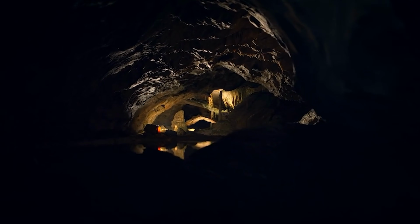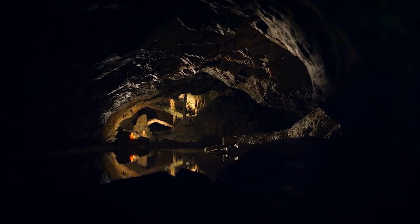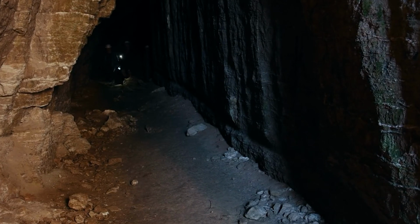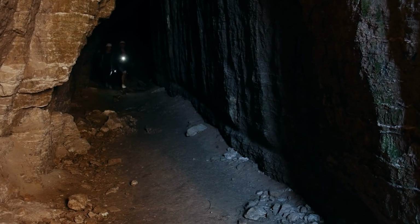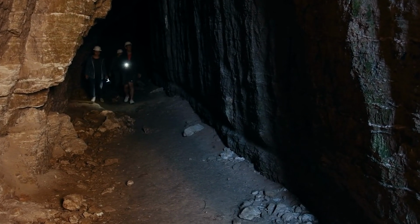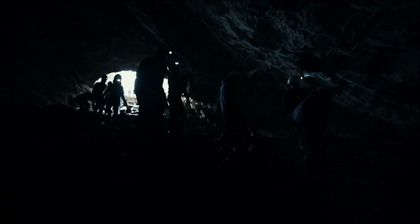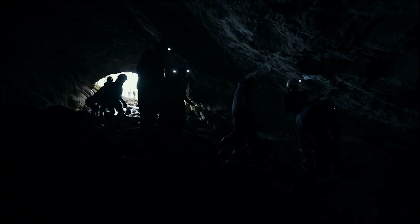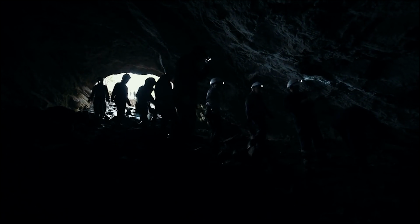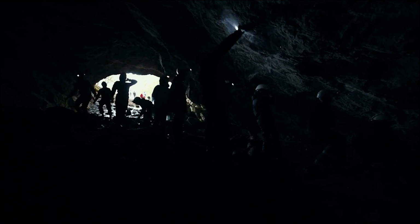Organized cavers always carry extra lights, batteries, and emergency supplies, and they plan carefully before entering a cave. Unfortunately, Dale and Randy were not part of any caving organization, and they didn't have the training or resources to be able to handle the challenges they faced. In the end, this story is a reminder of just how important it is to be prepared and to respect the dangers of caves. It also shows the value of organized caving groups and the need for authorities to work